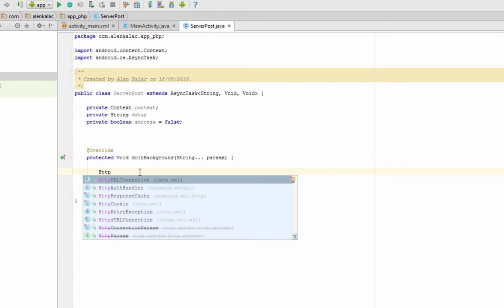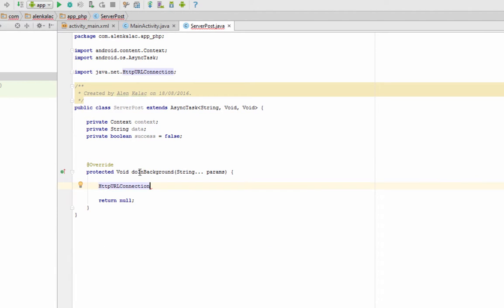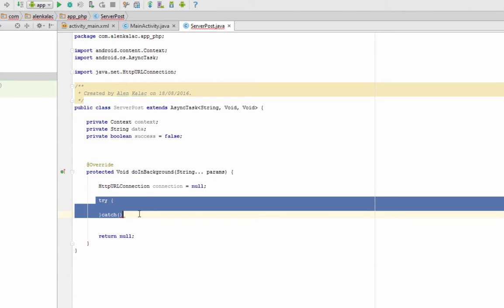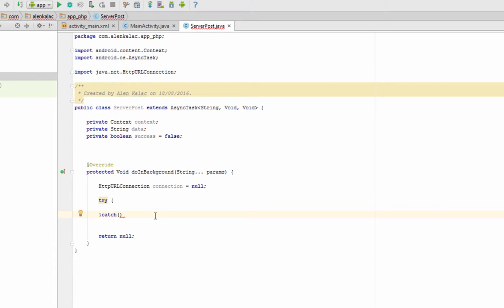To start off, we need the HttpURLConnection, and it's going to be called connection, and it's going to be equal to null at this point, because we want to just declare it, but we're going to initialize it in the try and catch statement down here, because these things can cause exceptions if something goes wrong. So we're going to do everything within this try and catch right here. Let's make an exception here and just call it e, and we'll determine what we want to do with exceptions. For now we just want to e dot print stack trace,